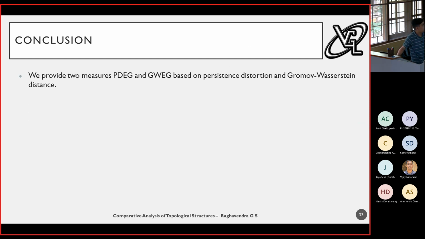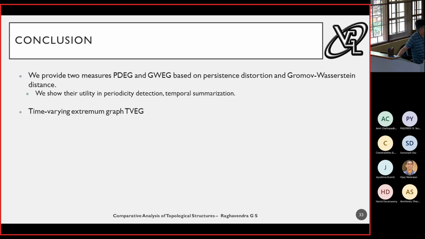So we have 2 measures. I didn't discuss one of the measures here, but we have 2 measures to compare extremum graphs. We show some utility in periodicity detection and temporal summarization. In case of the time varying extremum graph, we have a simple correspondence criterion, and we also show its utility